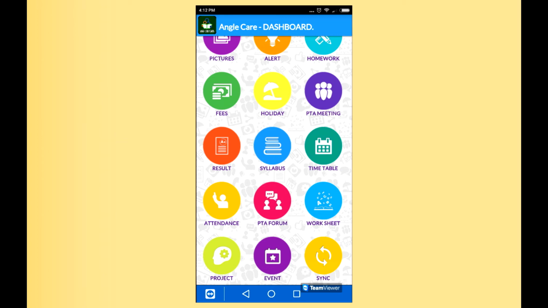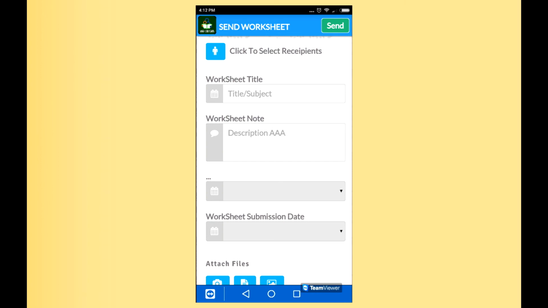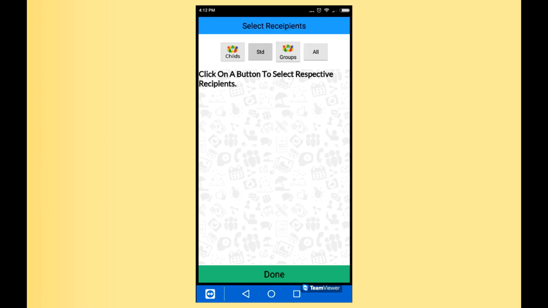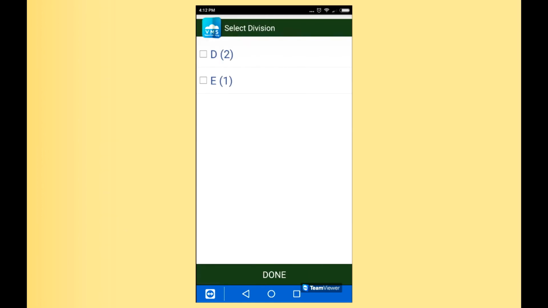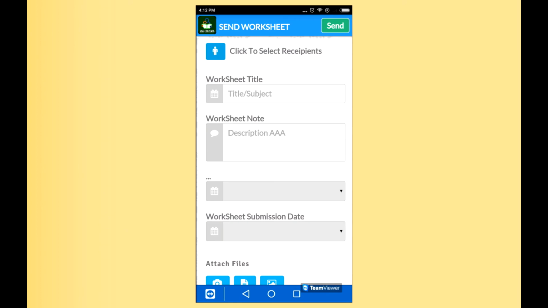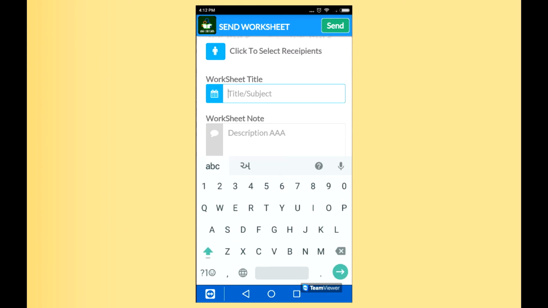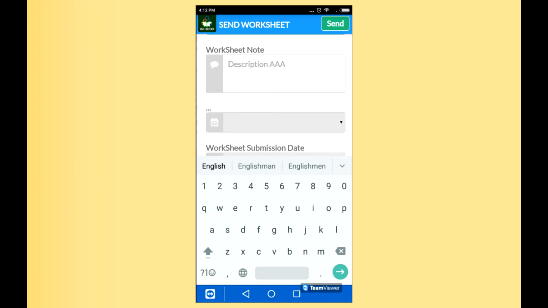Now comes the worksheet. If I want to send the worksheet to a particular student or particular division, I click the particular division, I select the division. Now I have to select the subject and worksheet title. Any important note we want to define, here we can define the note.